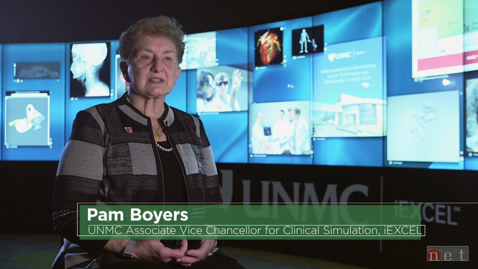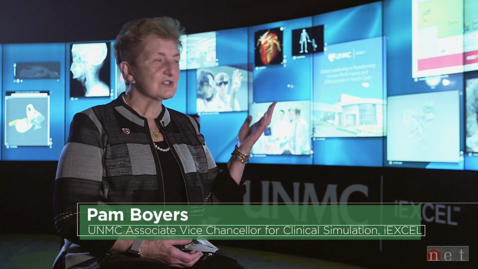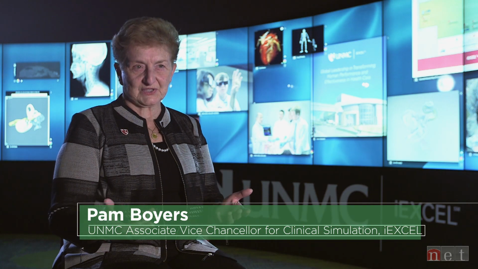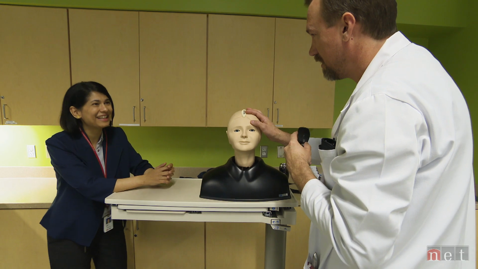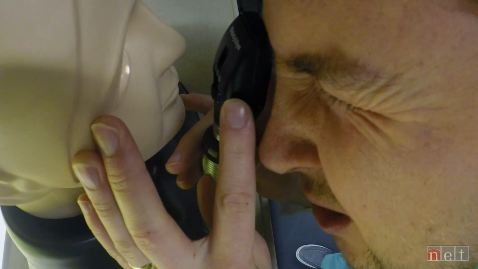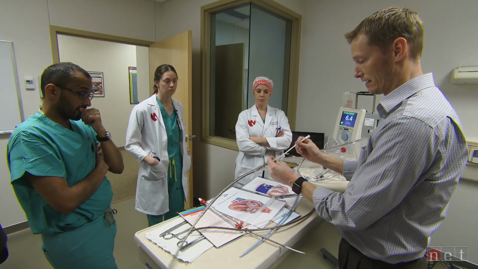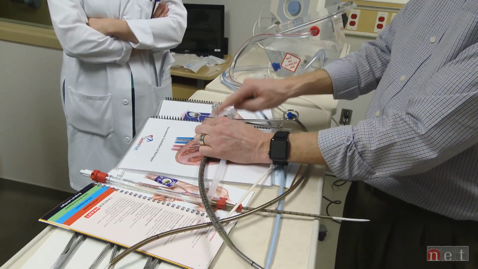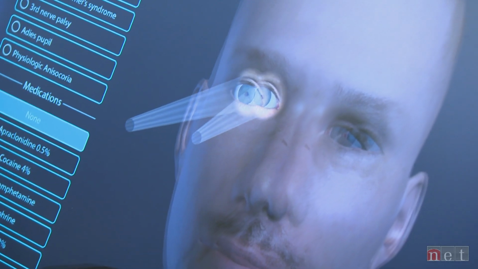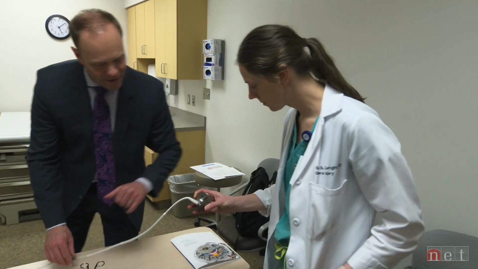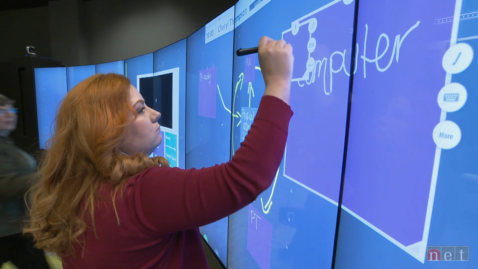The technology is absolutely stunning in that whether it's visualization technology or the human patient simulators, it helps us recreate real-life situations before the students or the practitioners have to go into those real-life situations. So it's a rehearsal time. Some people may use some 3D virtual reality. Some may use surgical training. Some may use simulation. Combining all those components together is very unique because it gives the learner that ability to learn in multiple different ways.